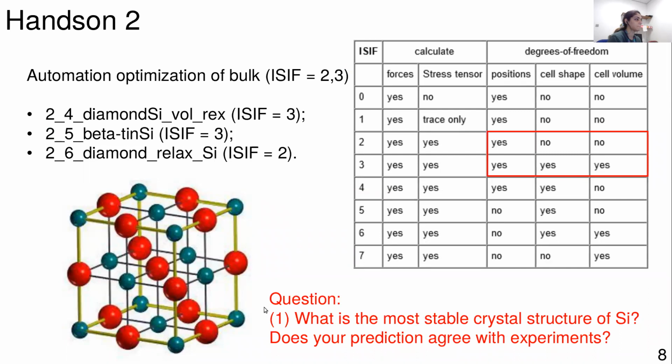And so here it comes to the first question. You will use more or less the same method to calculate the energy, to optimize the bulk, and then you need to define what is the most stable crystal structure of silica, okay? Because these three are different, they will have different energies. You will need to compare the energies, and the lowest one will be the most stable. So 1 of 3 will be the most stable, and then you go to experimental values and say, look, is it right or is VASP wrong? And actually VASP should be right.